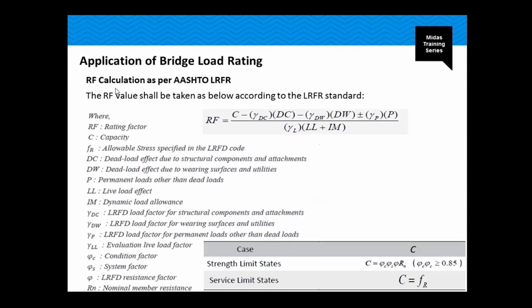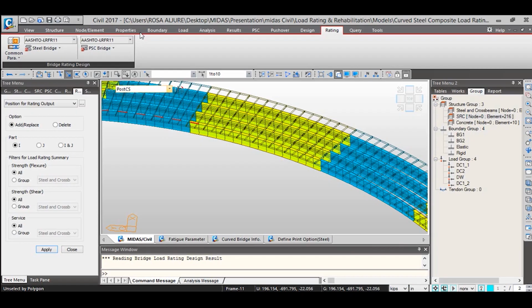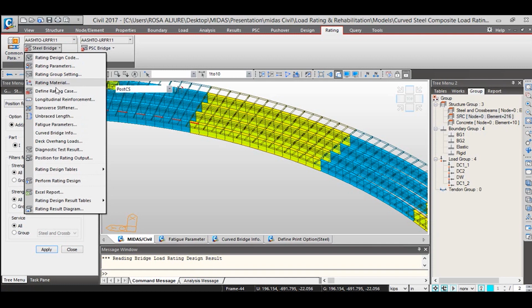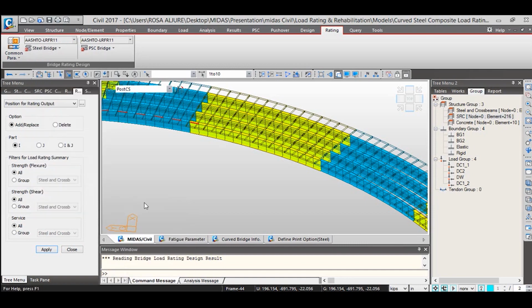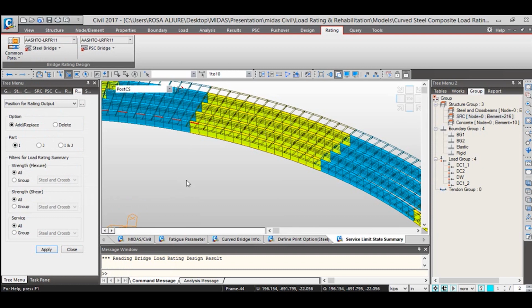Let's go over the rating factor in the program. Let's take a look at the different results. In order to obtain the results, you can jump into the rating design results table, and you can see the service limit state summary.